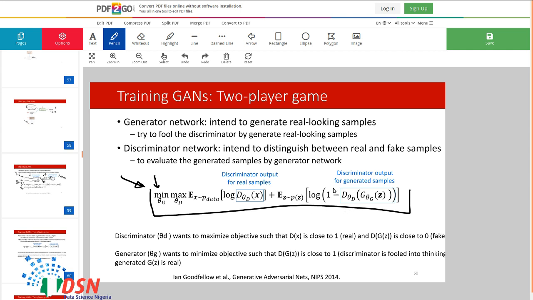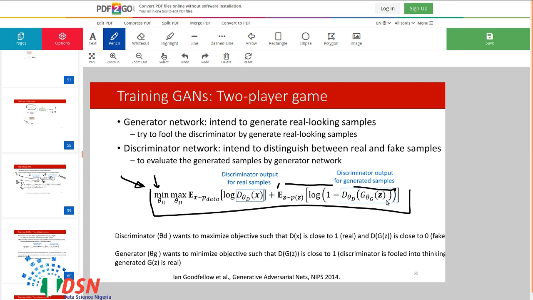Minimizing this with respect to the generator parameters just means that, because just this term has parameters of the generator network, this term is independent from generator parameters.